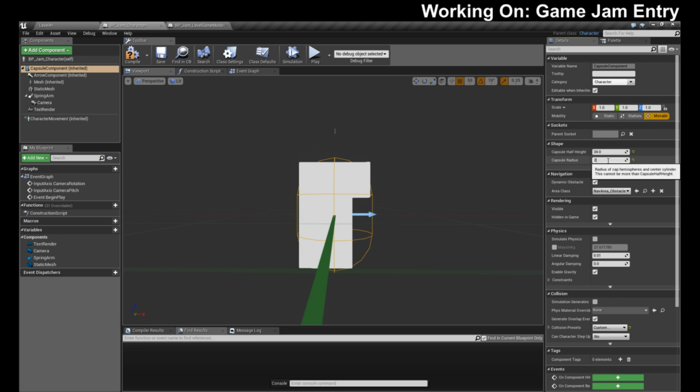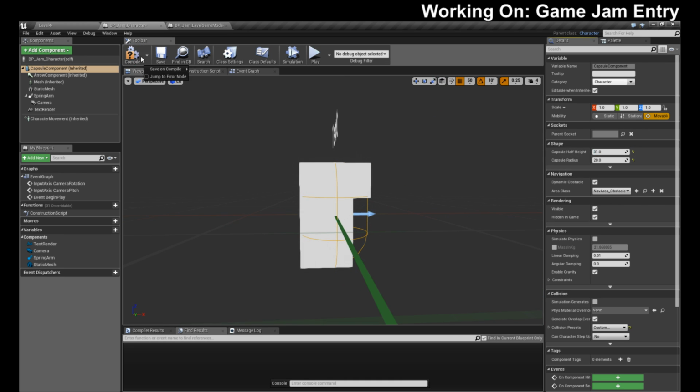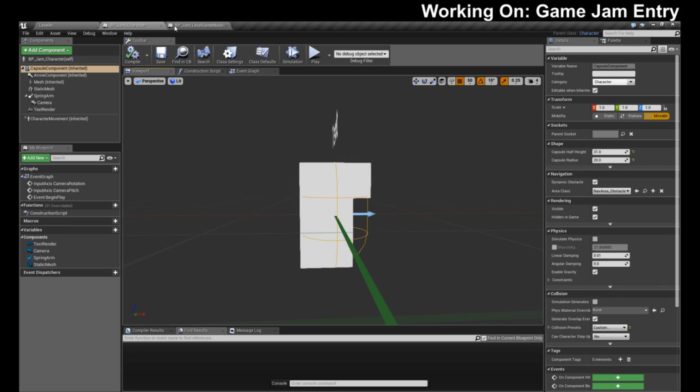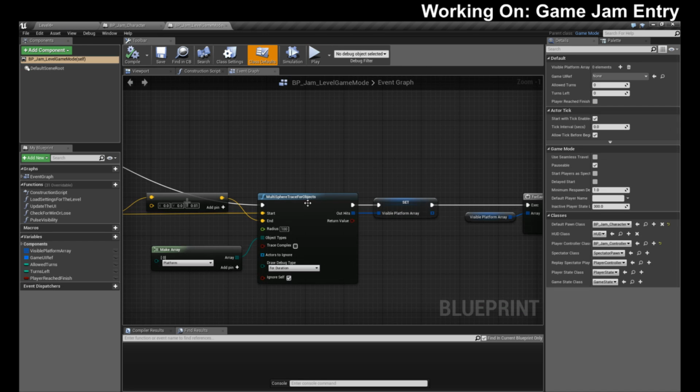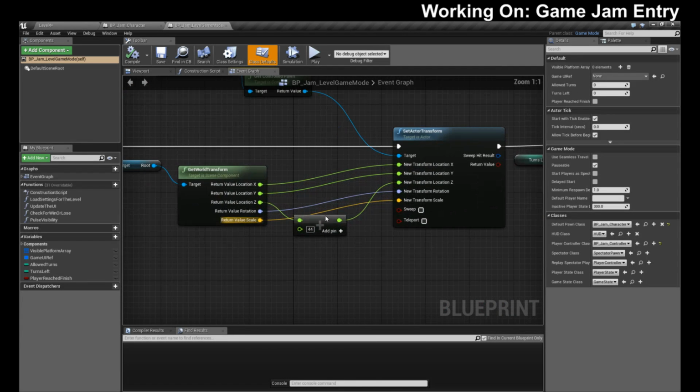Let's go with a 20 and a 30. Let's try 31. Let's see what happens now. And we know it's going to be up 31 now, so we need to go in and adjust our movement code for the new position. This is up. What did we determine it was? 31.